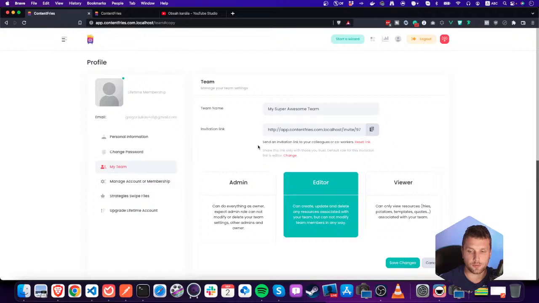And viewer is for just looking purposes, so he can go into your team and watch the fries and maybe communicate with you and point out some points in the potatoes or fries or whatever. So you can communicate as you are used to, and viewer can give you some ideas. Okay, so this is how the team features will work in the first version,